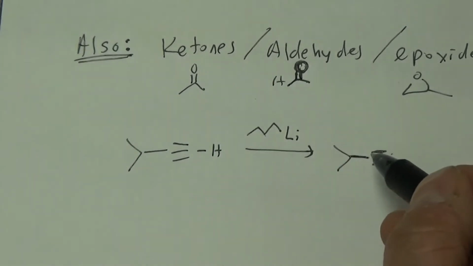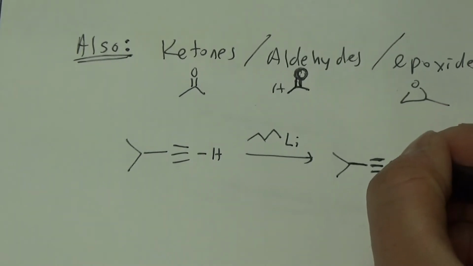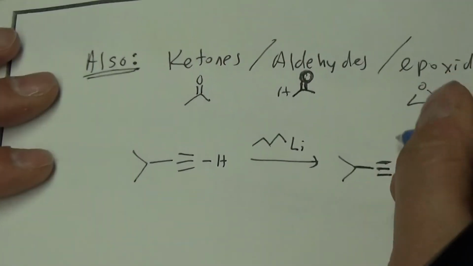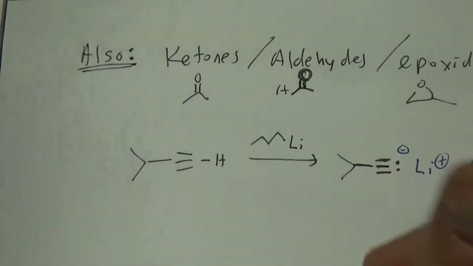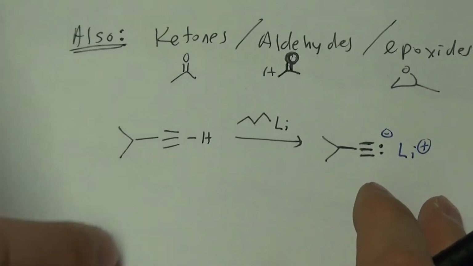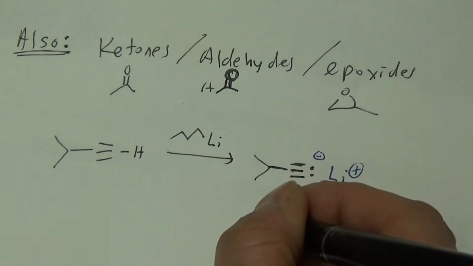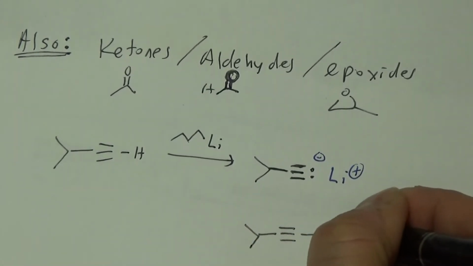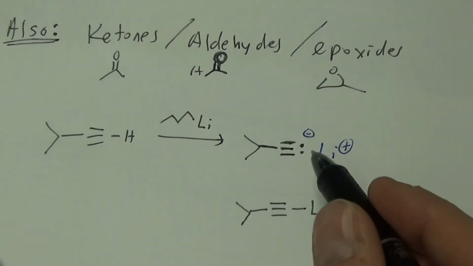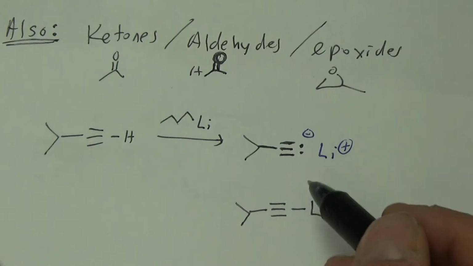Again, I could either draw CC, or I could just keep the triple bond and draw the lone pair clearly, maybe draw lithium plus. I can draw it kind of ionically, and I can also draw it covalently. In reality, it's a little bit of this, a little bit of that. But both are ways I could draw this intermediate,